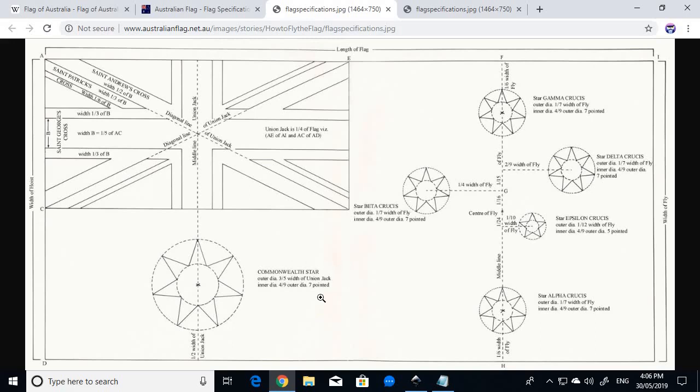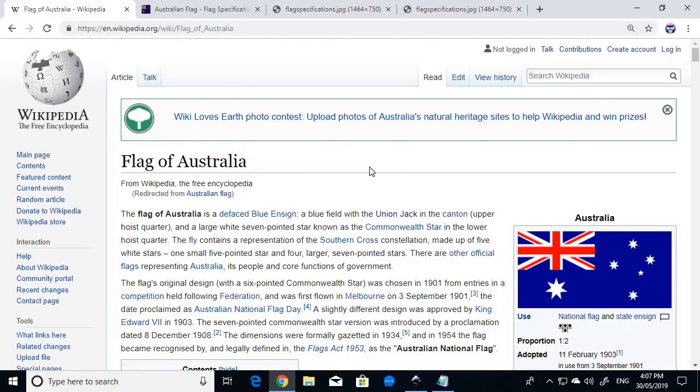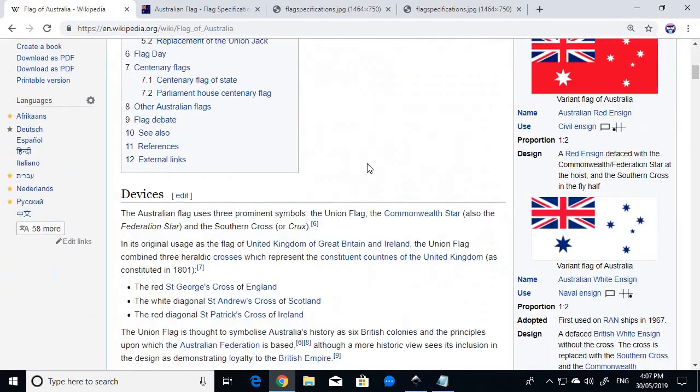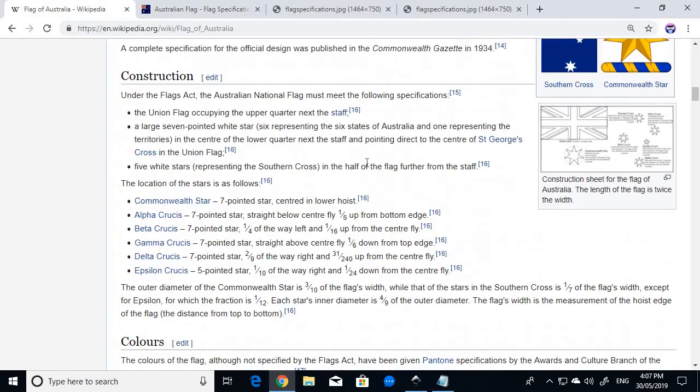So, for example, if you look at the Commonwealth star, it says outer diameter 3/5 the width of the Union Jack, and inner diameter 4/9 the outer diameter. And there's lots of other positioning specifications as well. And all of those measurements are actually easier to see back in the Wikipedia article here. If we scroll down to where it says construction, it gives all the fractions which give the exact positioning of